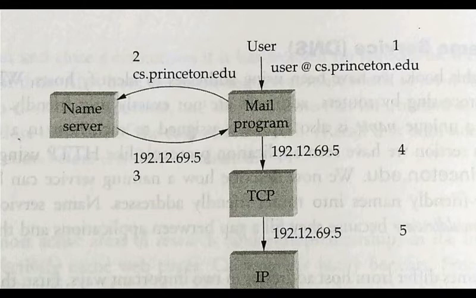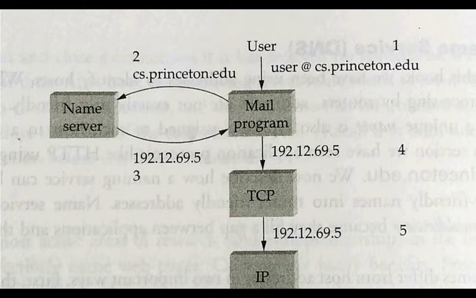Now the program is going to establish a TCP connection to the IP address it has received. It is going to send a request for the TCP connection. If the server is willing to accept that connection, the server is going to send a response that your connection is accepted, and from then onwards they are going to send and receive the information. Is it clear? Either it may be through the TCP connection or through UDP, depending upon the type of connection they have. Is it clear? So this is the working process of the DNS name system.